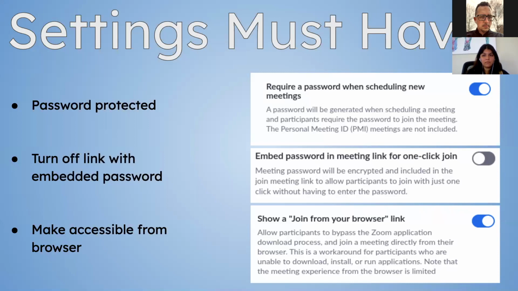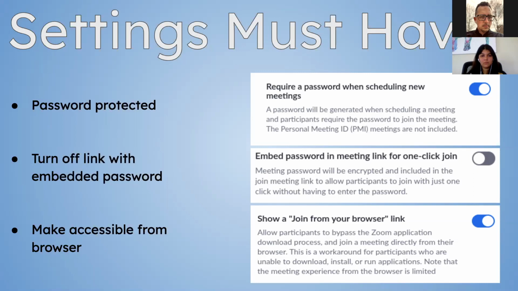We want to turn off the link with embedded password because we want them to click the link and we actually want them to enter the password. And then we want to make sure that it is accessible from the browser. So we want to make sure that we have the show a join from browser link, so that way our students are able to access our meeting without having to download any of the applications or anything like that.